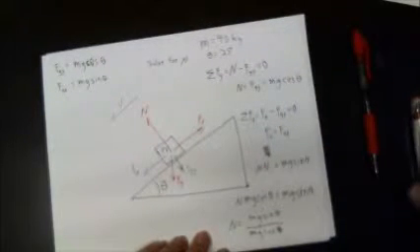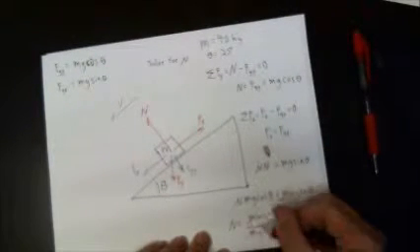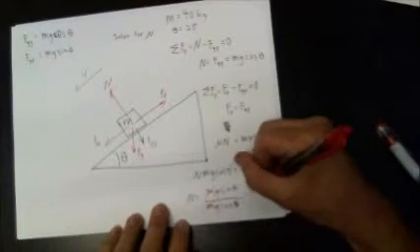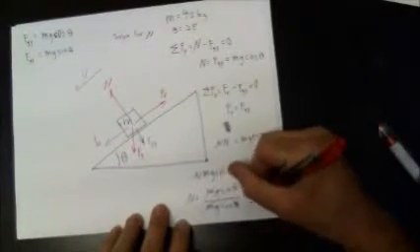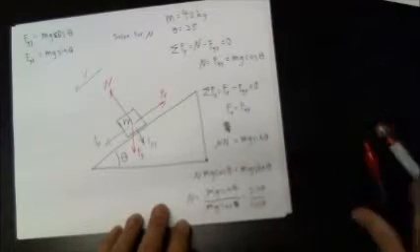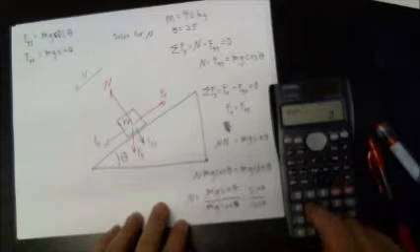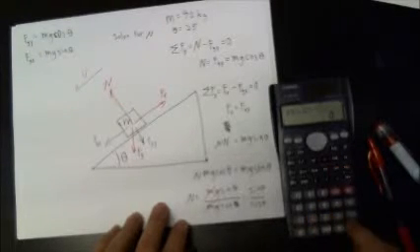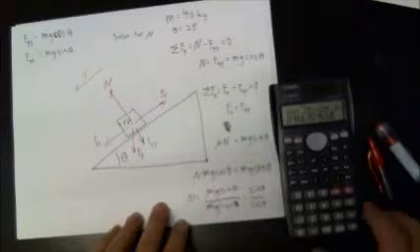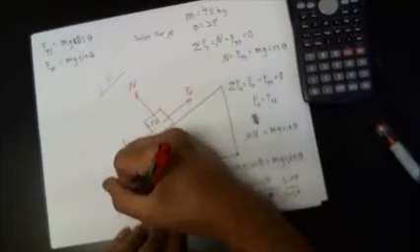Look at all the things that cancel out. Isn't that wonderful? Cancel, cancel, cancel, cancel. And we get sine theta over cosine theta. I wonder what this will give me. 25 degrees, sine 25 divided by cosine 25. Look at that, 0.466. Mu equals